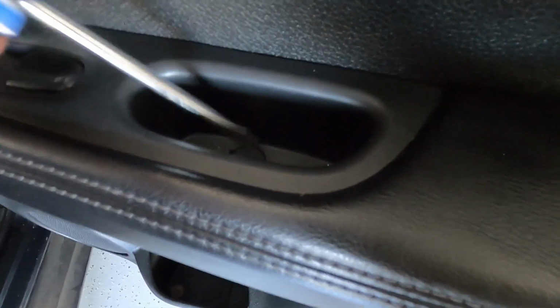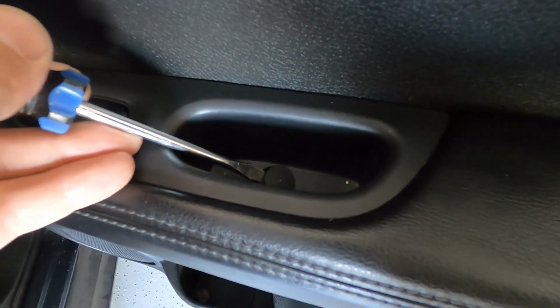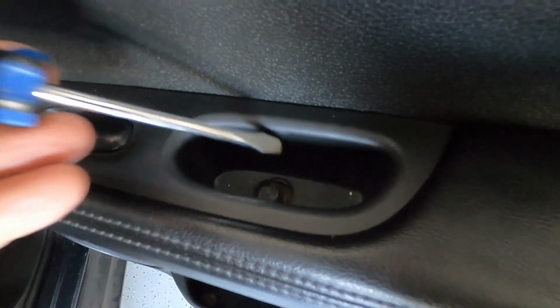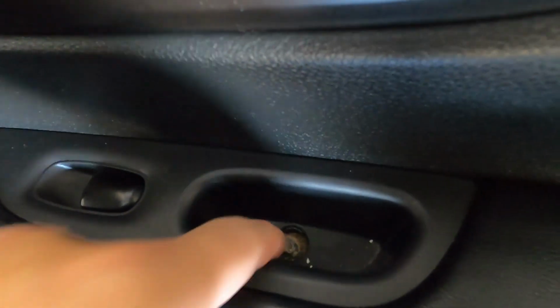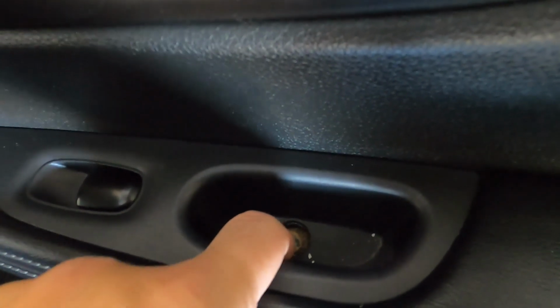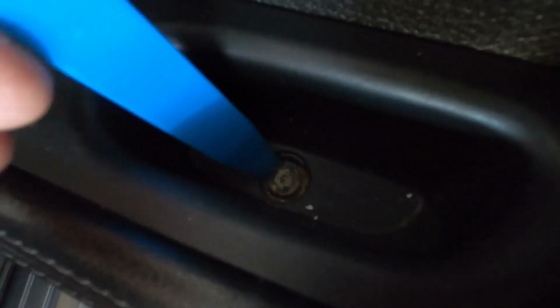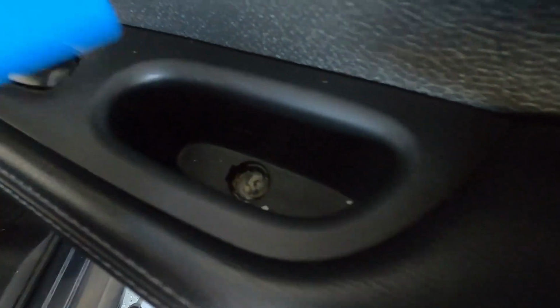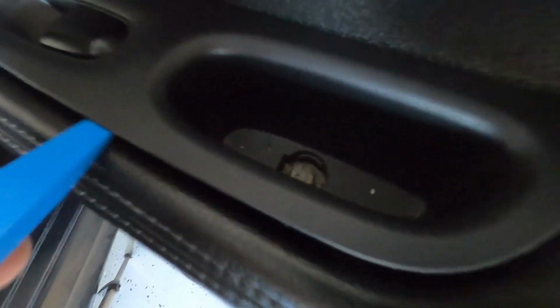So what you're going to do first is go ahead and take out this rubber stopper. Just use a flathead screwdriver and pop it open, pop it out, and then you'll see a Torx head right there, and you're going to use a Torx 20 to pull that one out. So once you get that Torx screw out, you can just pry from the back side with a pry tool,